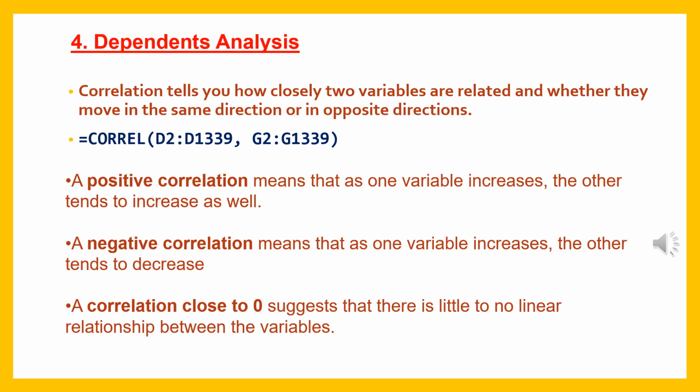Dependent analysis. Correlation means how closely two variables are related. So this is the formula for correlation. There are three types of correlation: positive, negative, and correlation close to zero, which suggests that there is little or no